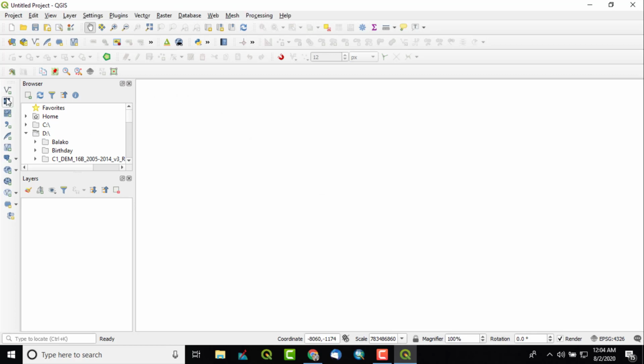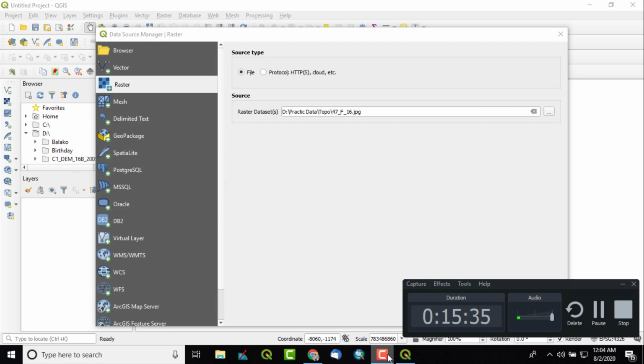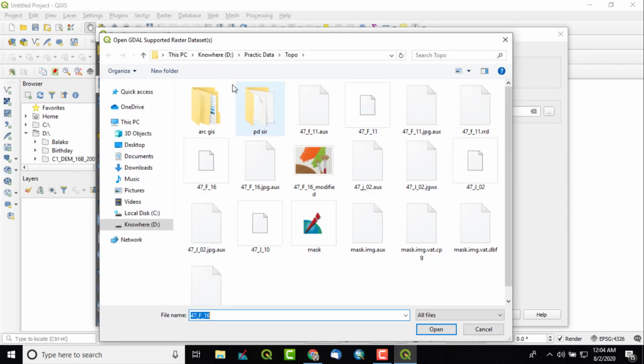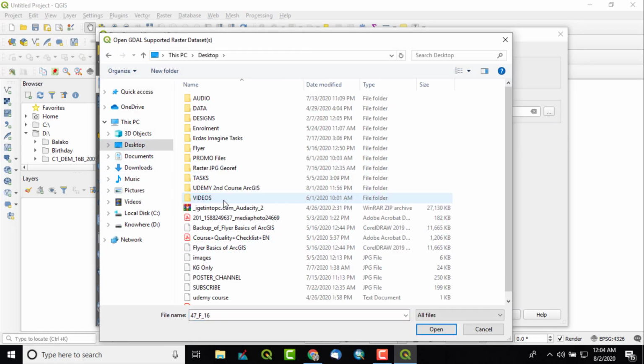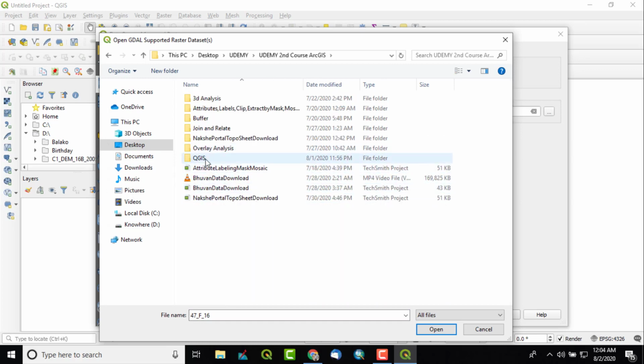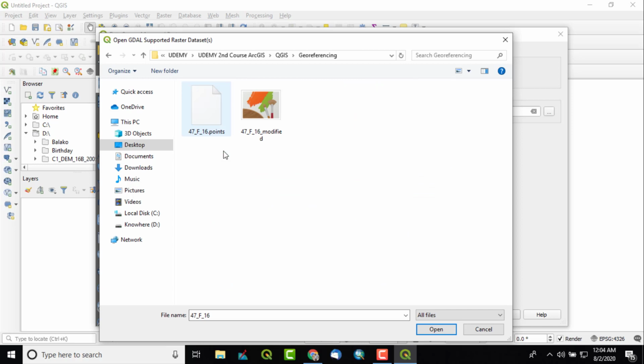So I'll discard it, and again go to Add Raster, and go to the path where we saved the new raster, the georeferenced one, in the form of a TIFF file. So here it is, 47F16 modified.